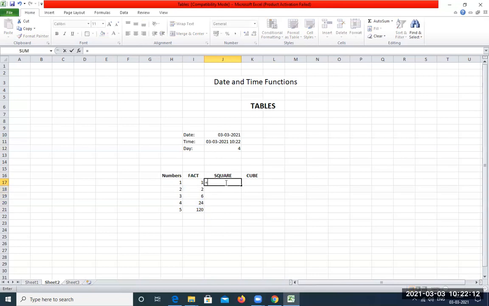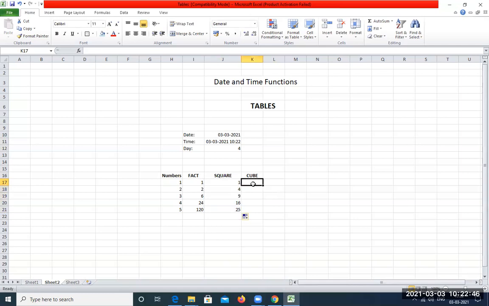So to calculate the square, we are going to first select this digit and then make use of the caret symbol which is present on the keyboard on the digit 6. So press shift and press the numeric 6. So here you can see the caret symbol, which means raise to. So basically H17 cell contains the number 1. So we are saying 1 raised to. Square is always to the power of 2. So we type 2 and press enter. And then again select this and drag.